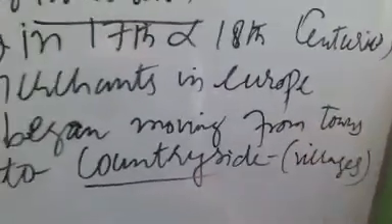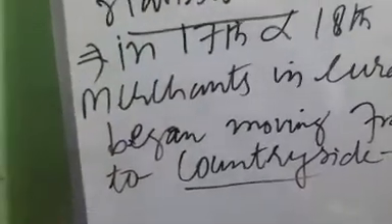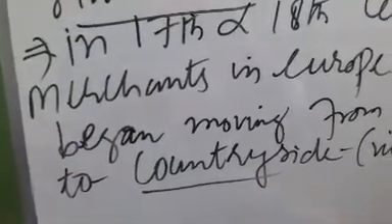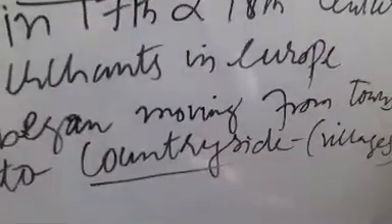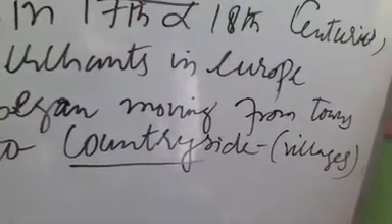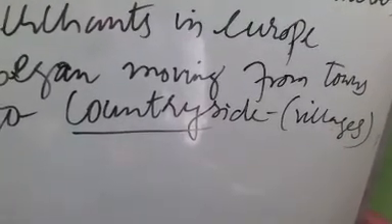It was in the 17th and 18th centuries that merchants in Europe started migrating. And where did they start migrating from? They started migrating from towns, where they actually lived, to the countryside. They went towards the countryside, and